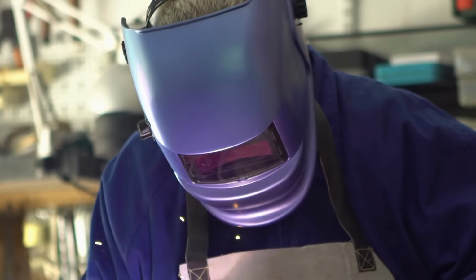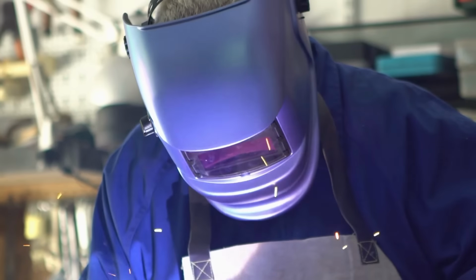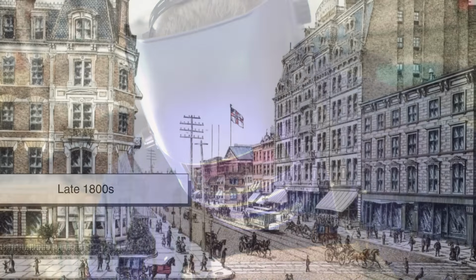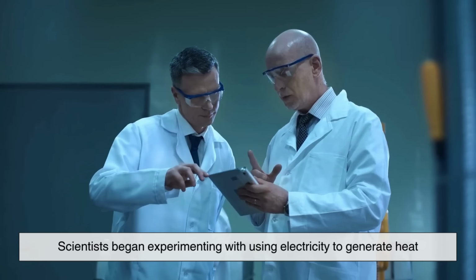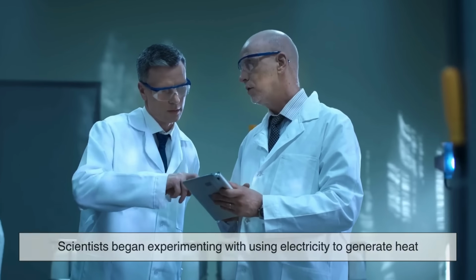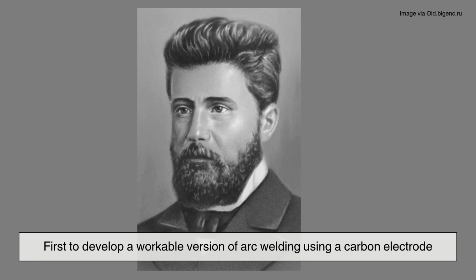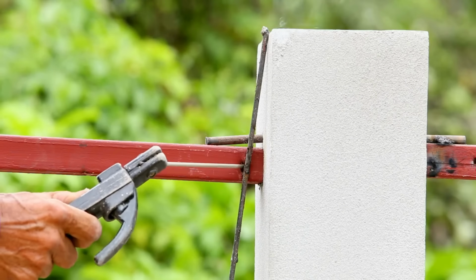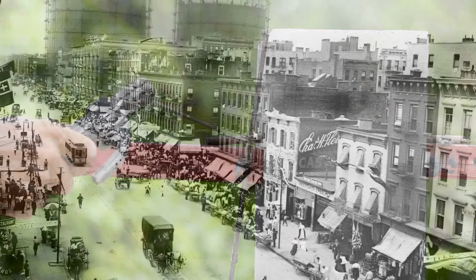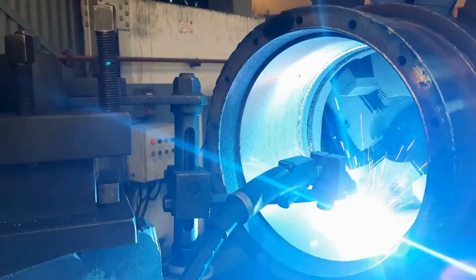To really appreciate arc welding, it helps to know a little about where it came from. The technique has been around since the late 1800s, when scientists began experimenting with using electricity to generate heat. A Russian engineer named Nikolai Bernardos was among the first to develop a workable version of arc welding using a carbon electrode. Over time, engineers improved the process, and by the early 1900s, arc welding was being used in shipbuilding